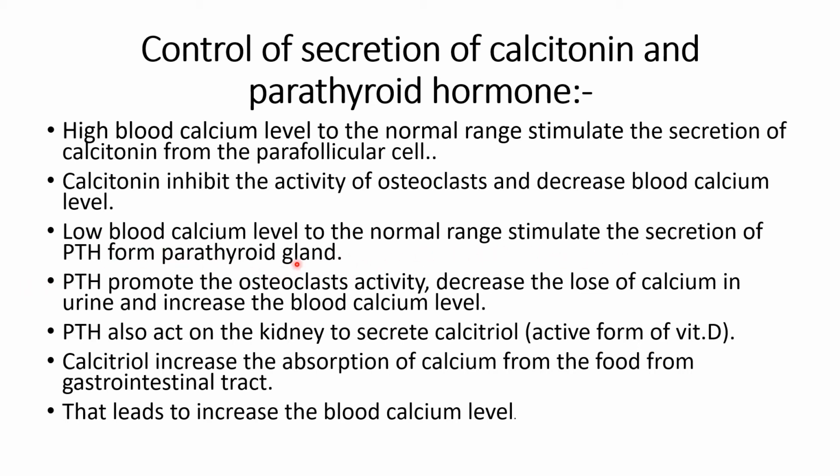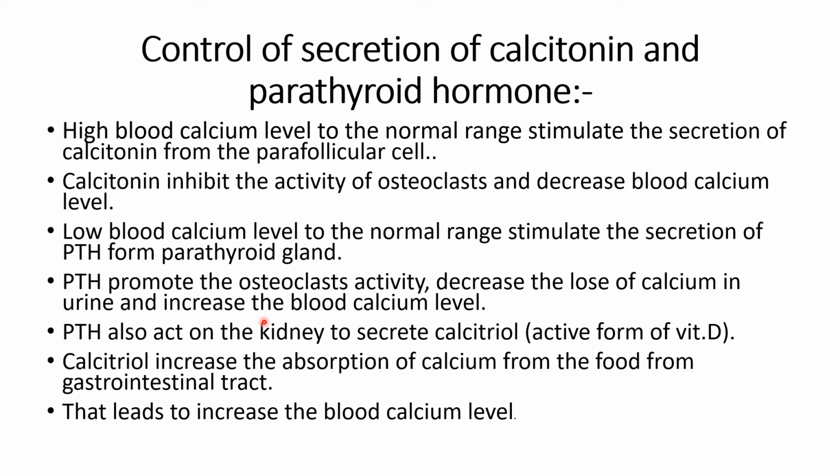Low blood calcium level: when the blood calcium level is lower than its normal range, it stimulates the secretion of parathyroid hormone from the parathyroid glands. The gland secretes parathyroid hormone when the blood calcium level is low, and it promotes osteoclast activity, which is stopped by the calcitonin hormone. Due to this, the loss of calcium into the urine decreases,